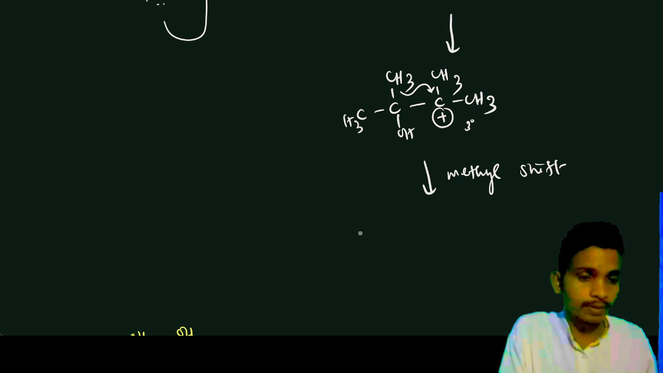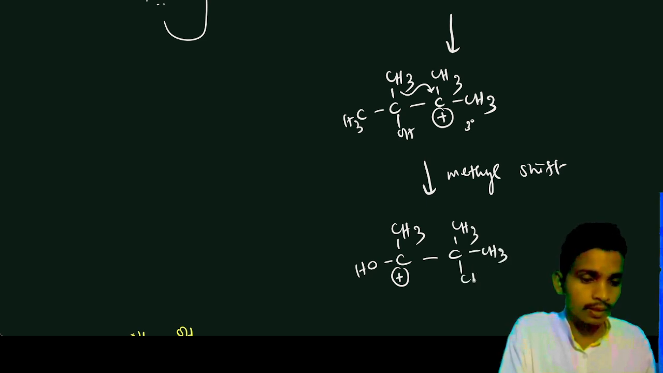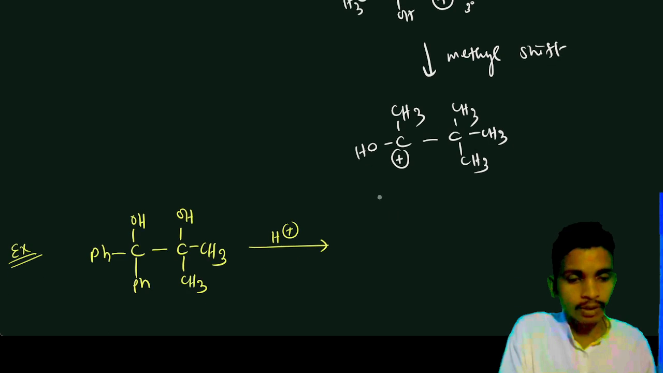Methyl shift. Then what we will get here is CH3 and here OH, and here we have that positive charge. Then here CH3, here CH3 and here CH3. Okay, so this is